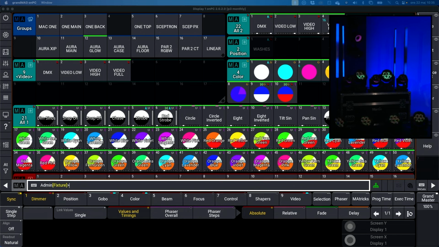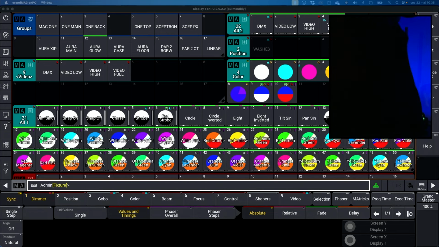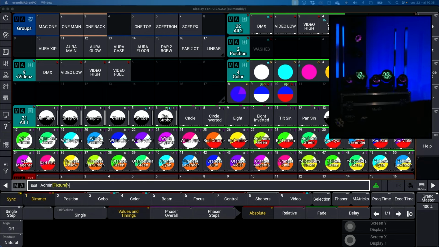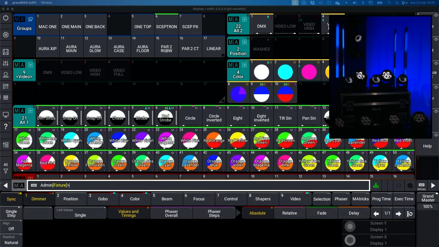But if you're playing colored content, you might not want to change the color of the content. Then you might want it to keep that color. So if you want to do that, then you need to trigger your fixtures. So take all your Mac 1s in here, set it to the other preset, which is video high, which is the top of the range just before the mix mode. So that means you see now that all my fixtures are doing black and white video, except for the Sceptrons, because they are still in